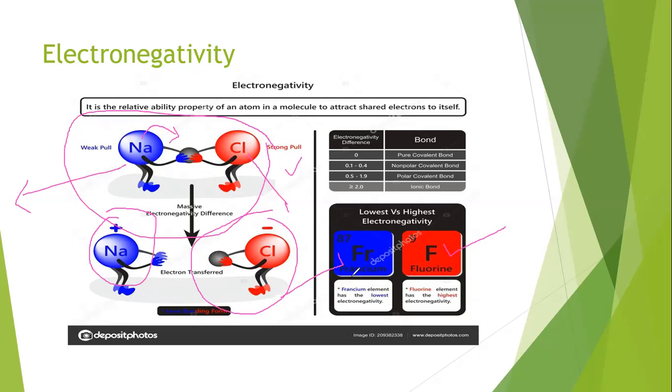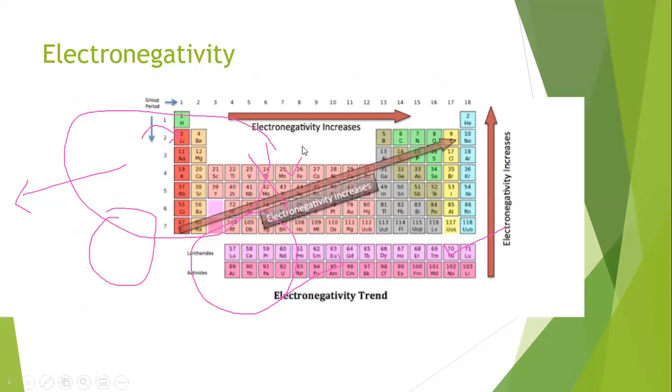Fluorine is the first element of the halogens on the right side of the periodic table and has a very high value of electronegativity. You will understand better when I show you the periodic table. Here you can see